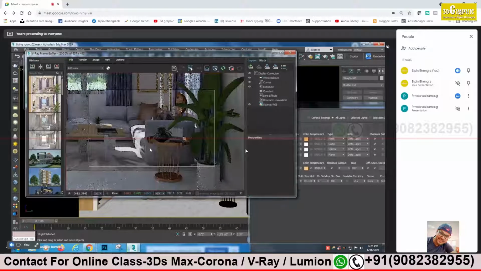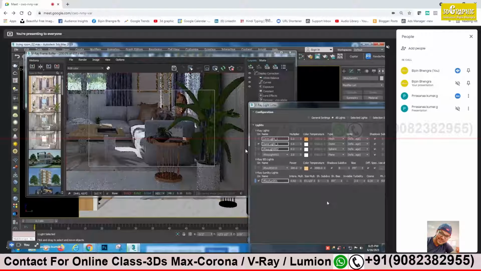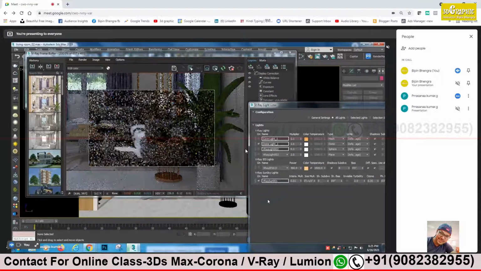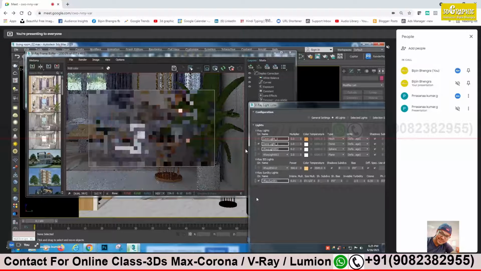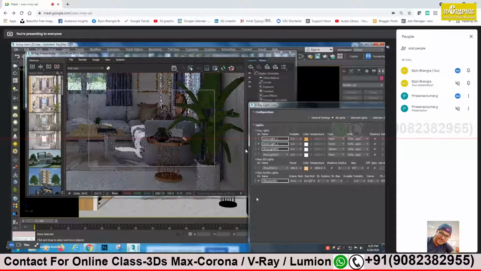It is a little blurry from here, so you can see the color of the sofa texture. The texture color is visible. I will reduce it a little more, sir. I'll make it 0.01, because from here it is a little bit blurry. Maybe you can see properly from your direct angle. The color of the sofa should be visible. Yeah, now it seems to be okay, sir.